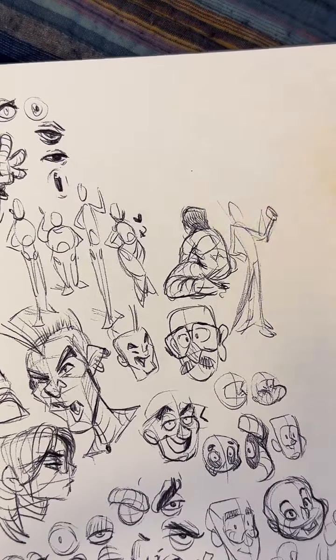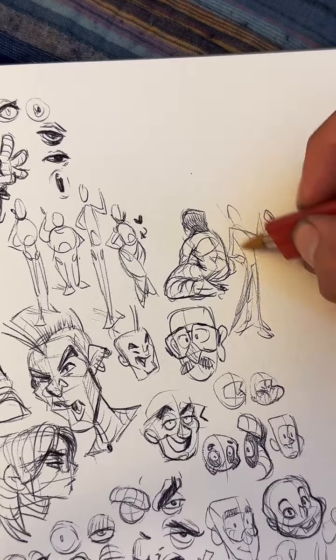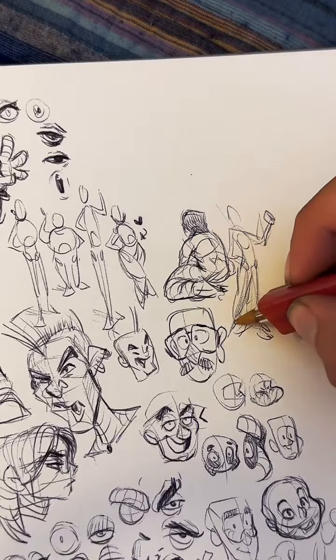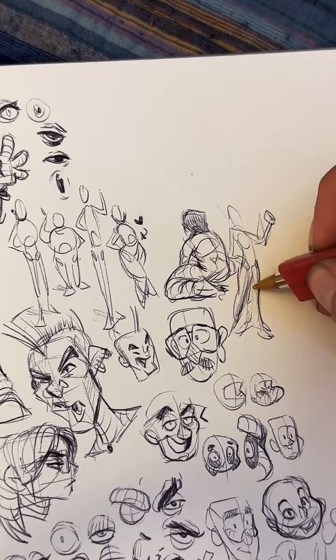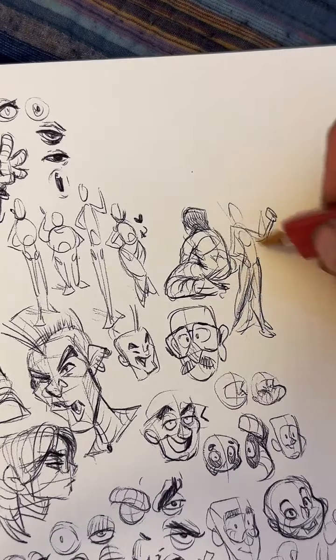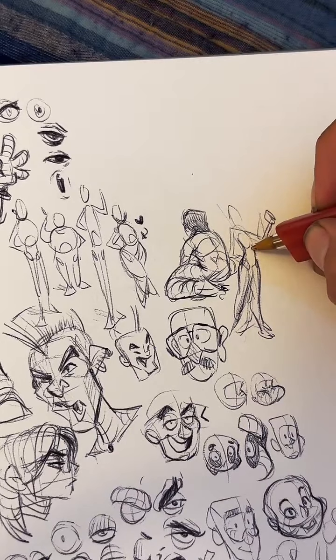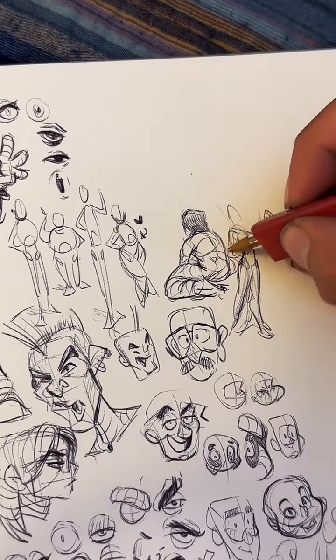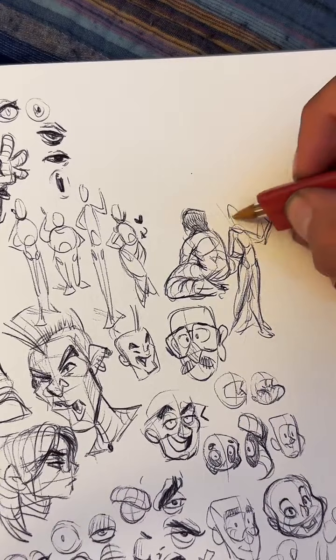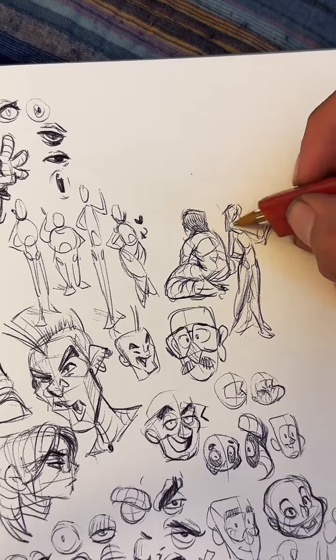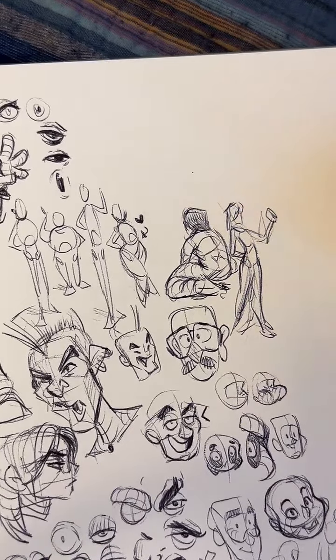So if it's a girl, maybe the hips need to be a little bit bigger and the chest a little smaller. So I'm going to make that the case. And I'm going to give her hips, and I'm going to give her a little rib cage. And just like that, I turn this character into whatever model I'm supposed to be doing,